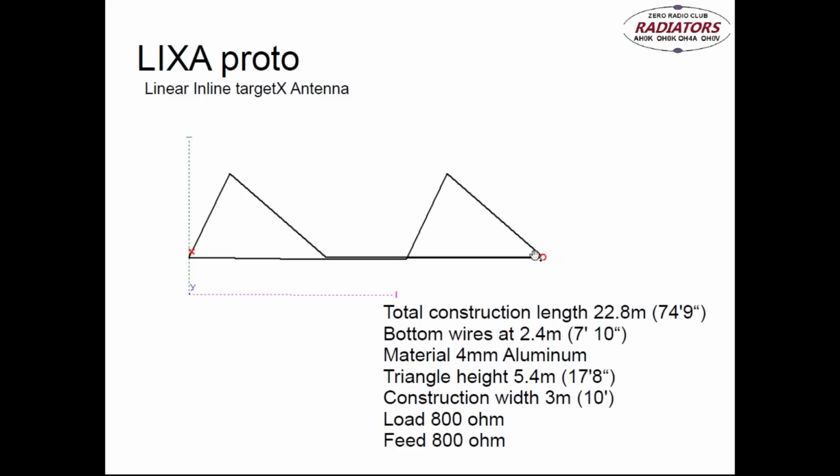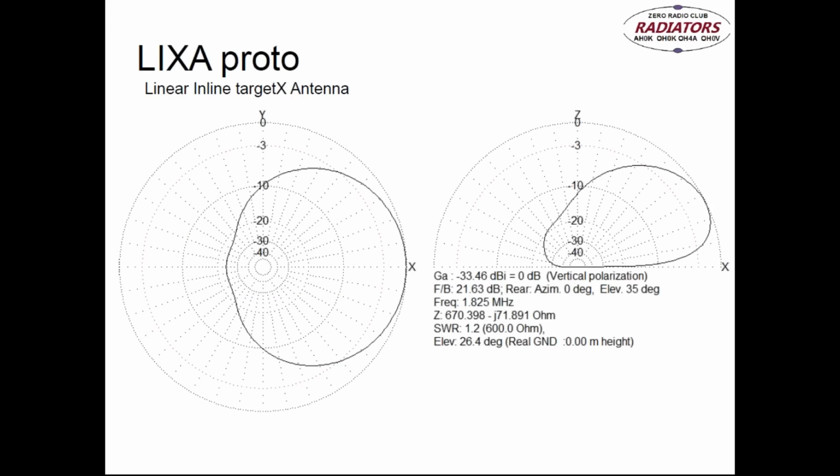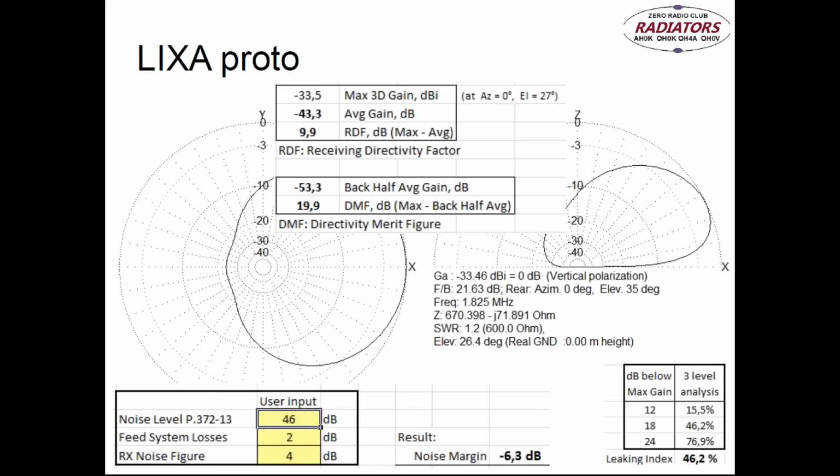So I have been doing a little bit of work with the feed point and also with the load, of course. And then the structure is such that here's a triangle, which is the same size as the front triangle, and there's open wire feed line in between. So this thick part here is an open wire feed line. So I'm feeding this two triangle thing with one coax. This is a very simple antenna, and it produces this kind of pattern. So this reminds me of DHDL or double delta